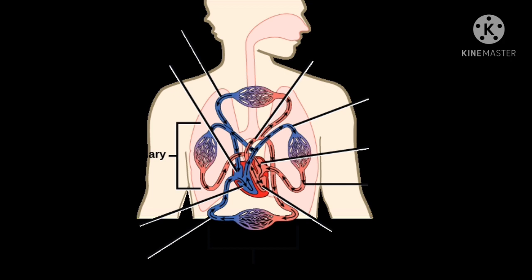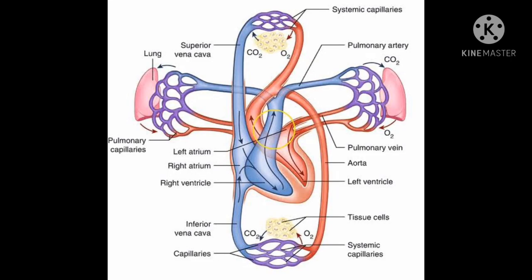This is the picture which shows the circulation of oxygenated and deoxygenated blood, which is transferred to the upper and lower parts of our body. See what exactly happens with the blood. You can see the structure here: centrally the heart, and to the sides the lungs, with many capillaries. The blue part is deoxygenated and the red part is oxygenated. Can you see the oxygen O2 and carbon dioxide CO2? The exchange of gases takes place in the lungs only.